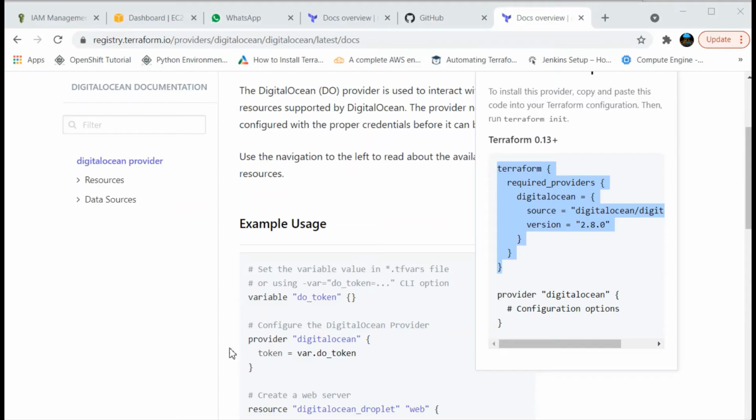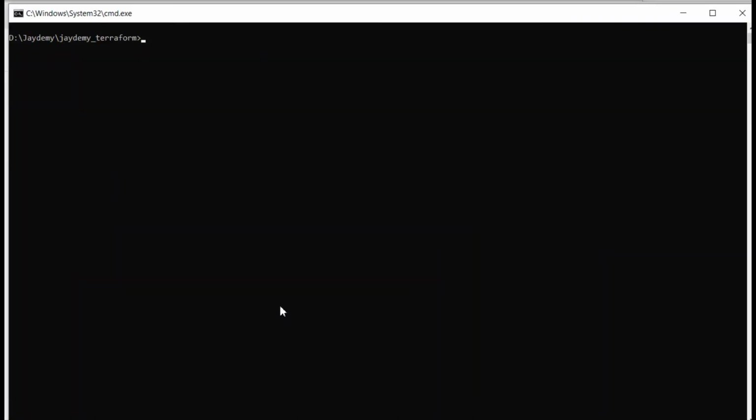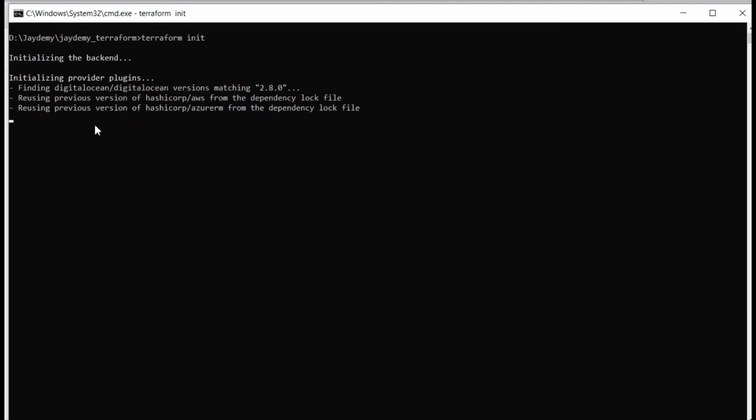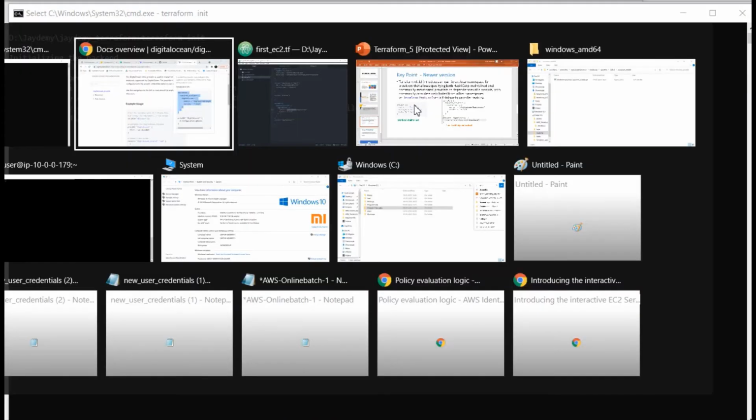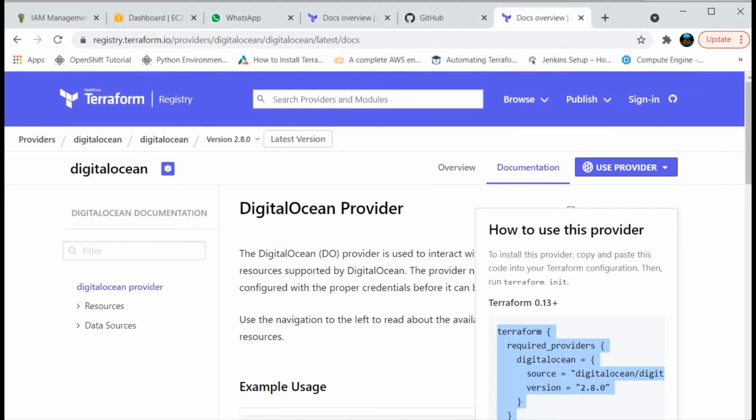Let us save this again and go back. Again we will initialize Terraform and see what will happen now. See, now it is installing the Terraform DigitalOcean provider of version 2.8.0. This is how 0.13 and 0.12 actually work.